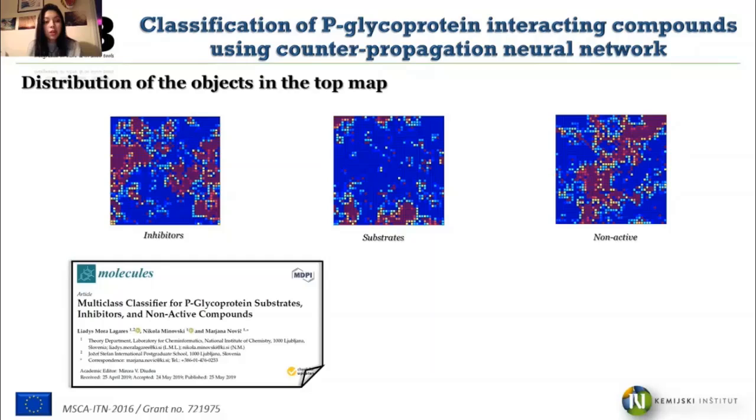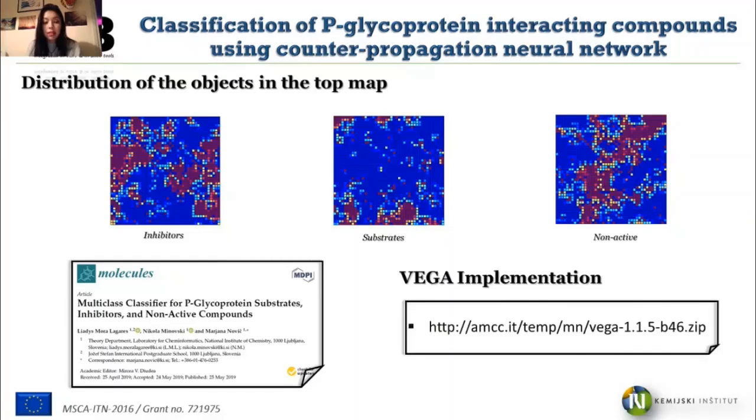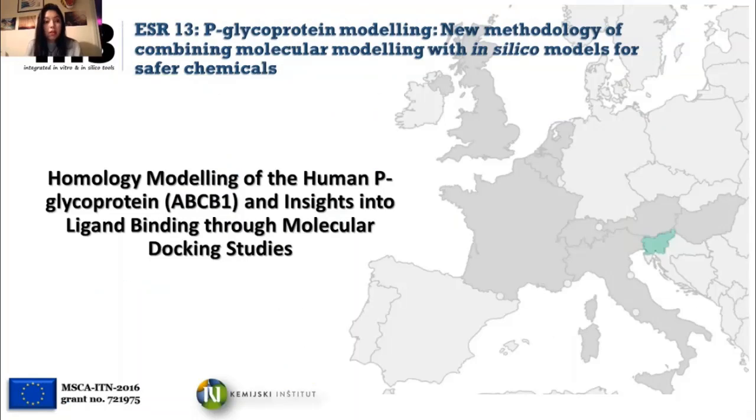This work was published in May last year in the Molecules journal, and the model was recently implemented into the last version of the VEGA QSAR software. So if you are interested in trying it, you can download a beta version using this link, and it's going to be soon available in the VEGA Hub webpage. The next part of my work consisted